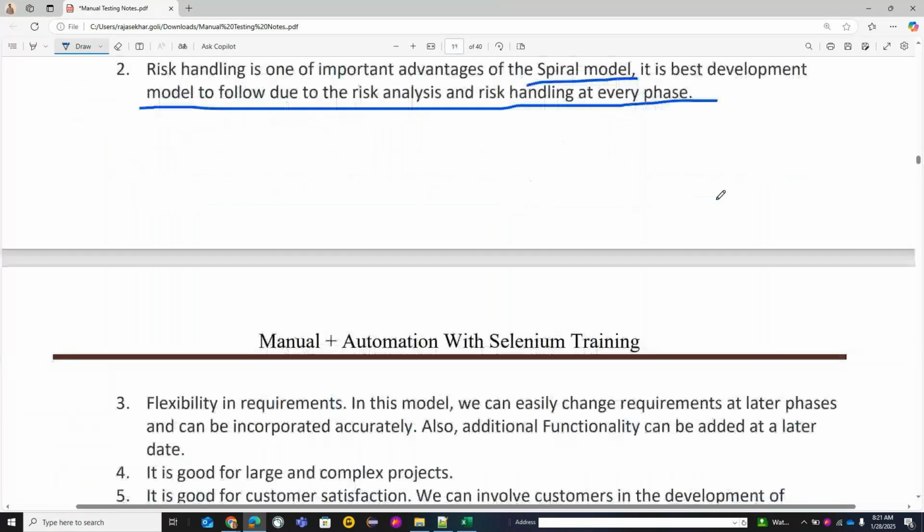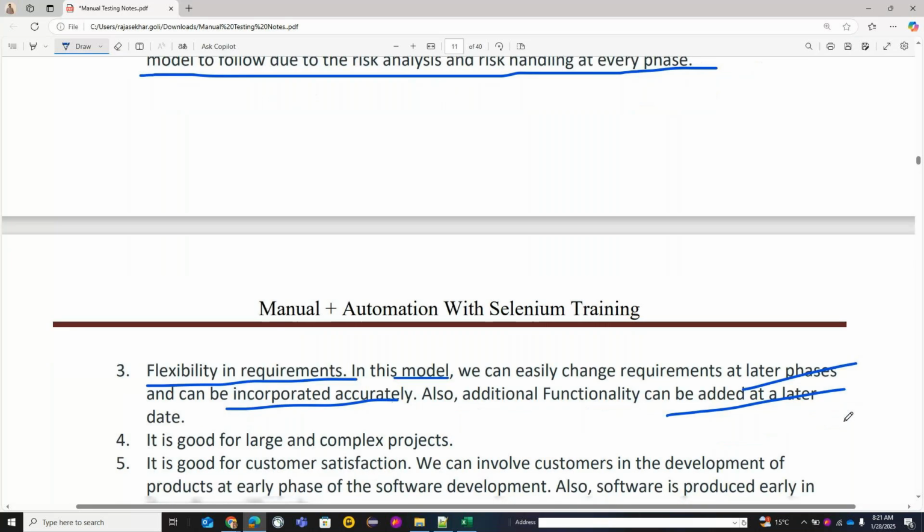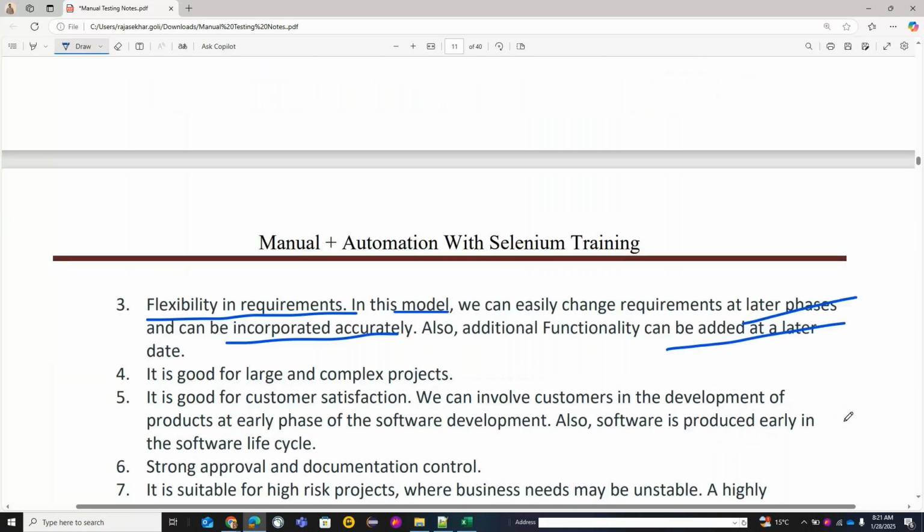And flexibility in requirements: in this model we can easily change the requirements at later phases and they can be incorporated accurately, and additional functionality can be added at a later date. Additional functionality means, as in agile methodology I said, right? So if you missed some feature in module A and want to add a new feature, you can add it in module C, right? So we have time to develop the other modules, and we can include that new feature in that other module.